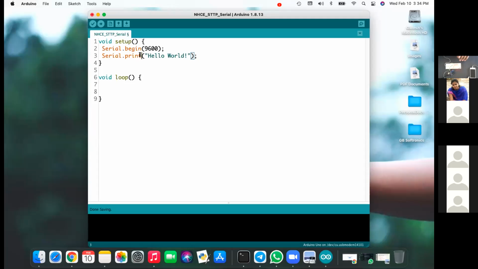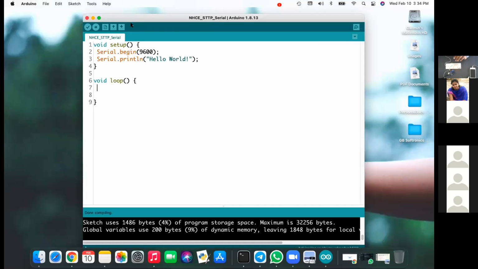Generally there are two types: the print function and the println function. The print function will print, and when the same print function is executed again, this output will be right after the previous output. But if you want the next output to be on a new line, you have to use the println function, very similar to Java's System.out.println function. Okay, and my loop function contains nothing here. So I'm uploading my program first.